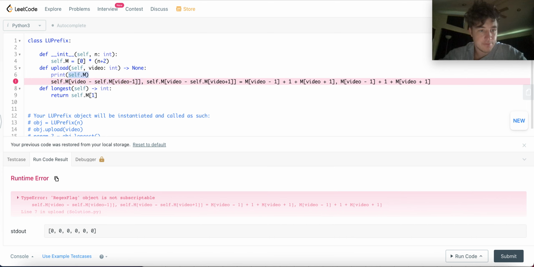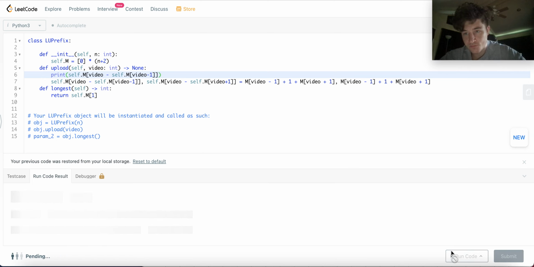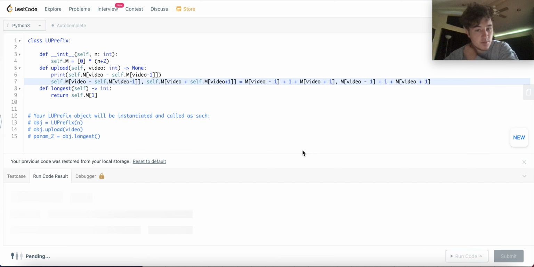Isn't it? Guys, what am I doing wrong here? It should be plus 2. Man, I'm screwing everything up, man.